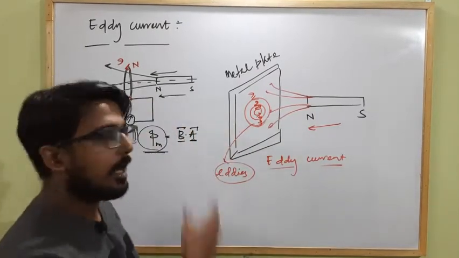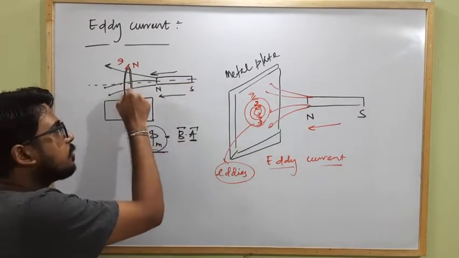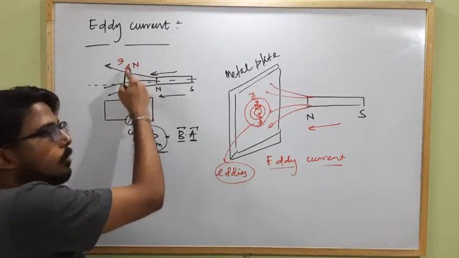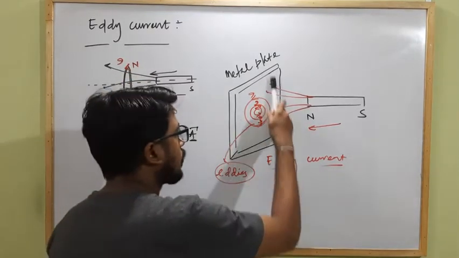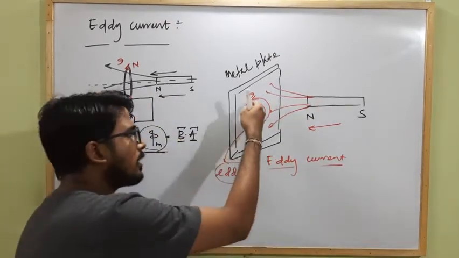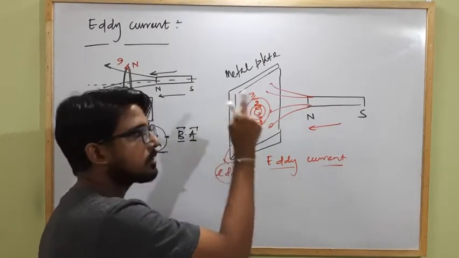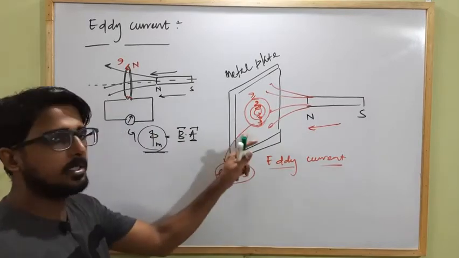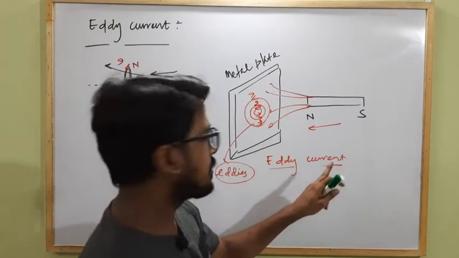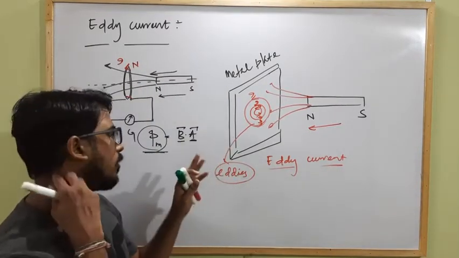So eddy current in a metal surface generates to oppose the change in magnetic flux linked with that metal surface. As in the case of a metallic ring, when the magnetic flux linked with the ring changes, it produces an induced current if the loop is closed. But in the case of a metal surface, when the magnetic flux linked with it changes, the current is generated within the metal surface by itself to create a magnetic field such that it opposes the change in flux linked with it. This current is known as eddy current, as these are formed in terms of eddies. Clear?